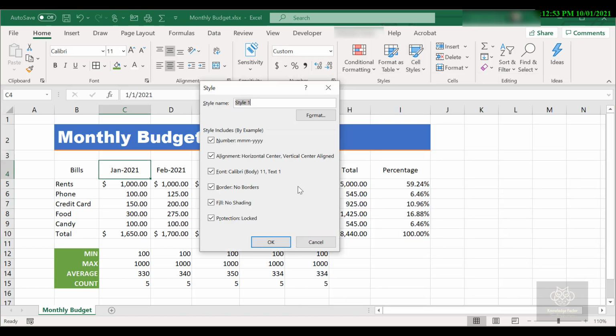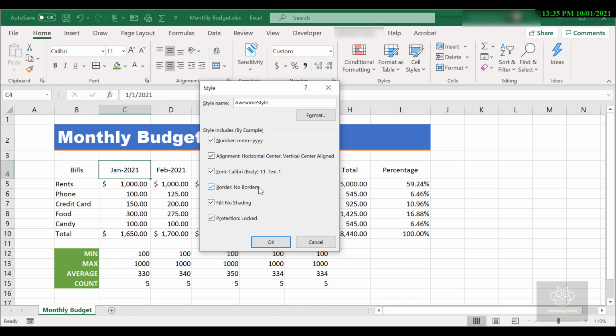So that opens up my style window where I'm going to give it a name. So I'm going to call this Awesome Style. There we go. Now down below we get to tell what the style is going to include. Very important here, there's a handful of check marks. I want to do things like the fonts, its color, its background color, maybe borders, various things that change the appearance of that cell.